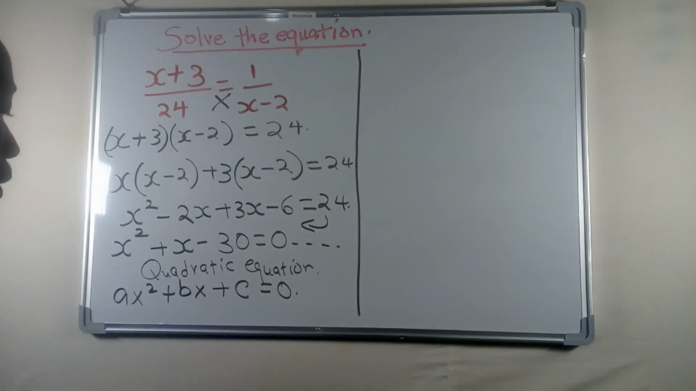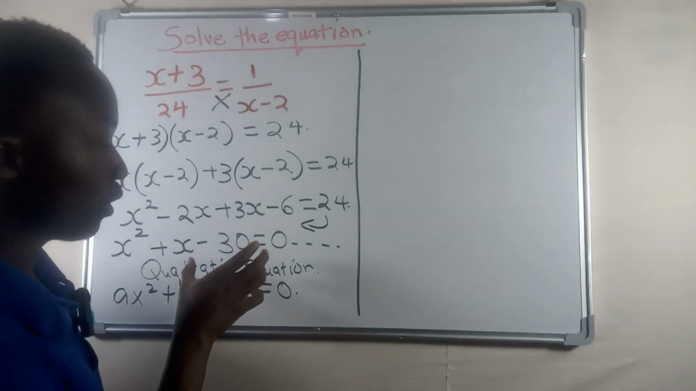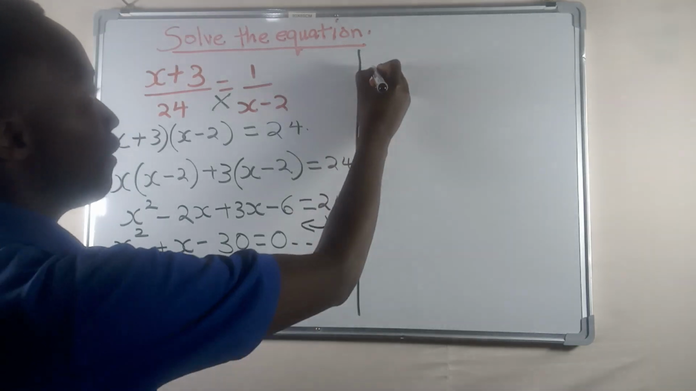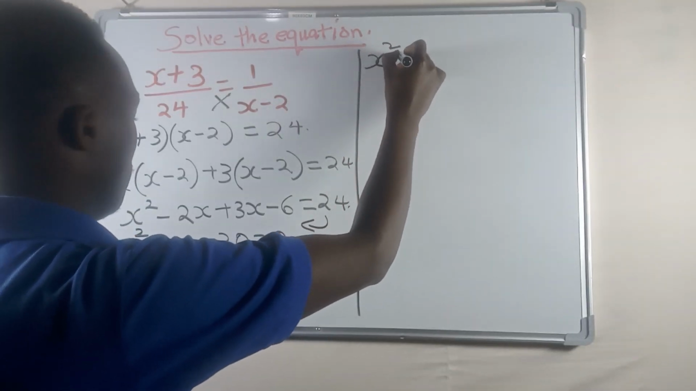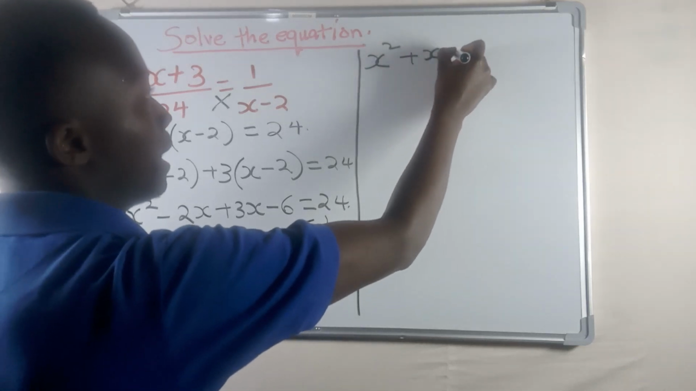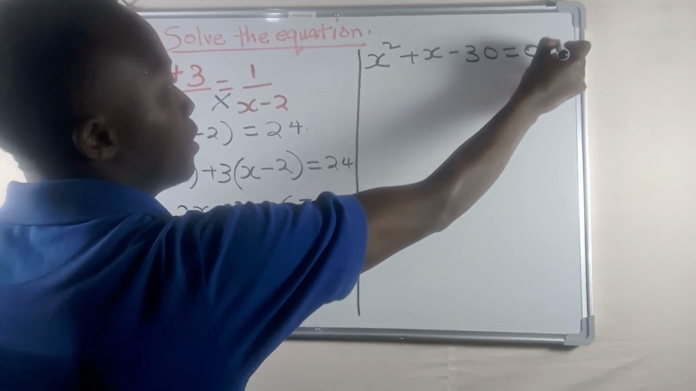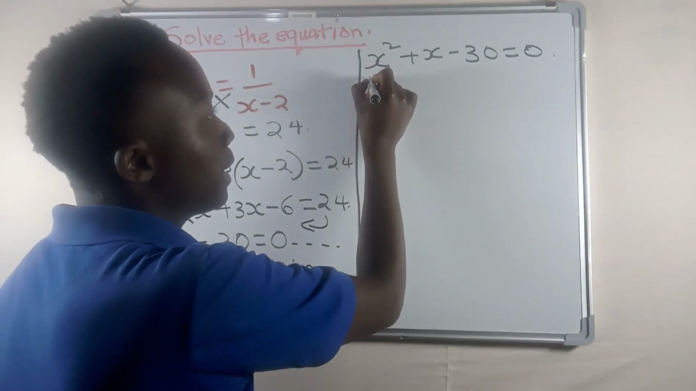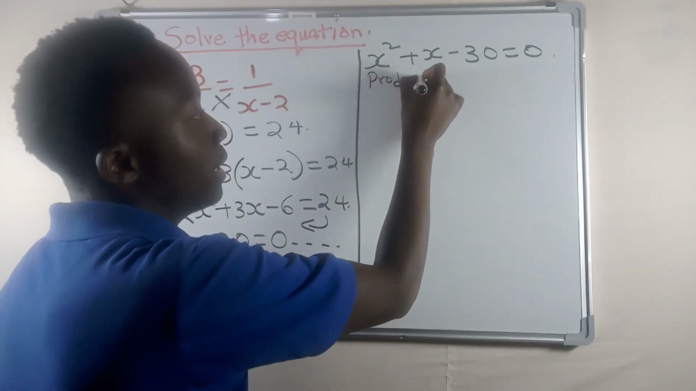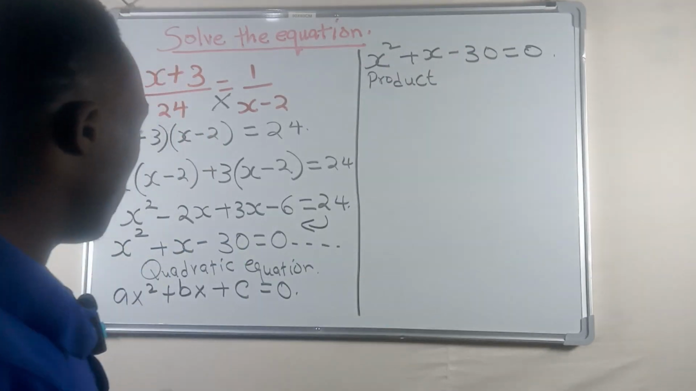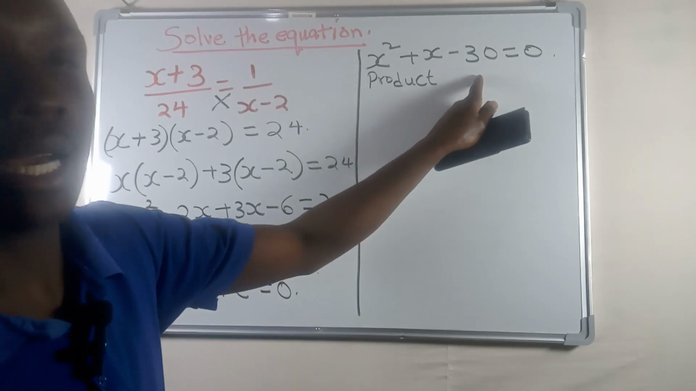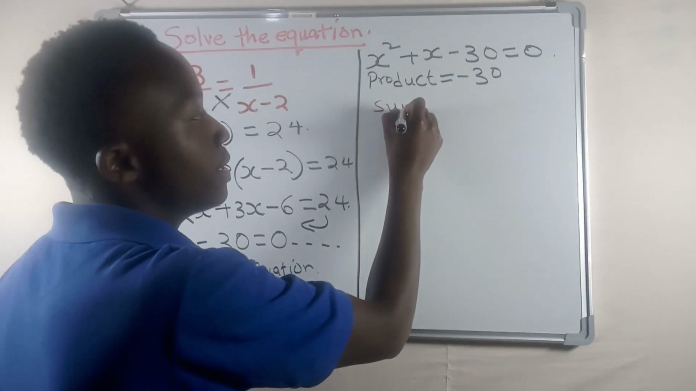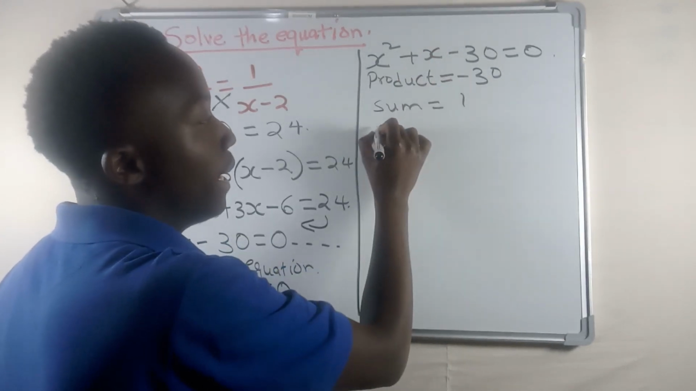Having that equation, we can now use factorization method as one of the methods to solve the value for x, and we have x squared plus x minus 30 is equal to 0. Having that as our equation, we are going to find the product, and the product is equal to a times c. Our a being 1 and our c being negative 30 will give us negative 30. Our sum is equal to 1, and our factors,